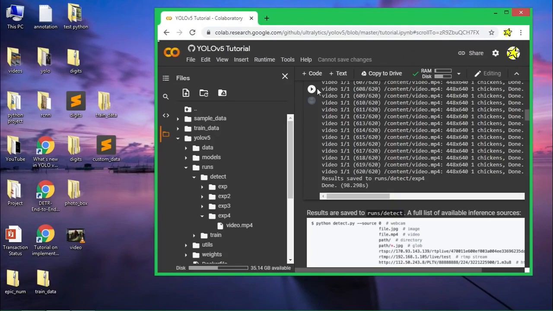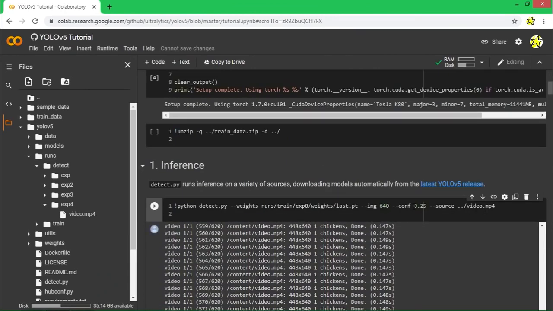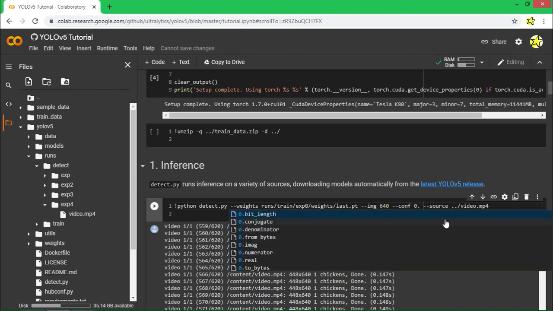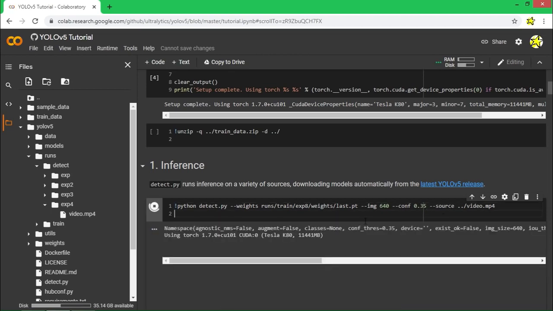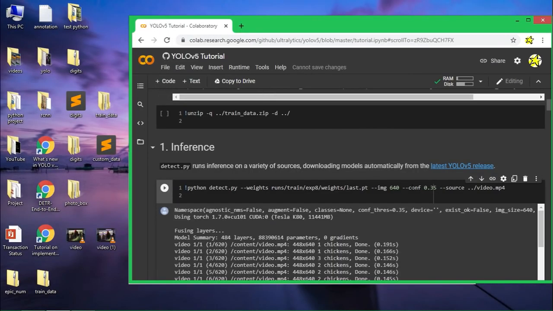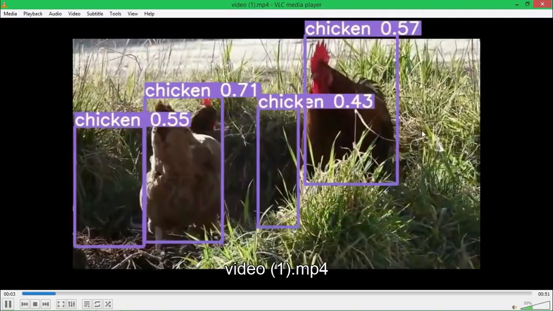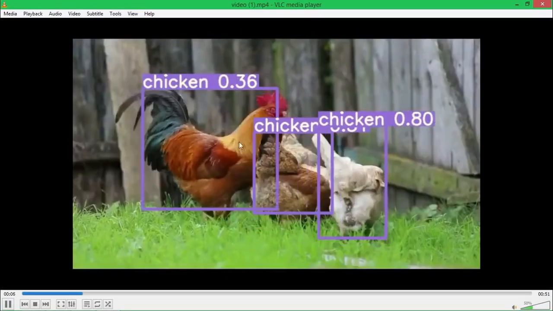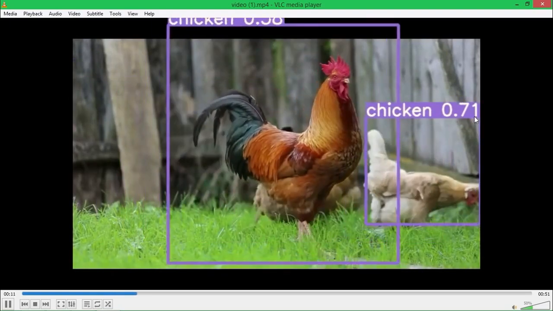As you can see, it had lots of false detections, and to resolve that problem, simply use this conf score. Give this confidence score higher, say 35%. So let's try again. So after setting this confidence score, I got this video. This might be a little better than the previous one, so it will have a little fewer false detections. As you can see, most of them are correctly detected,